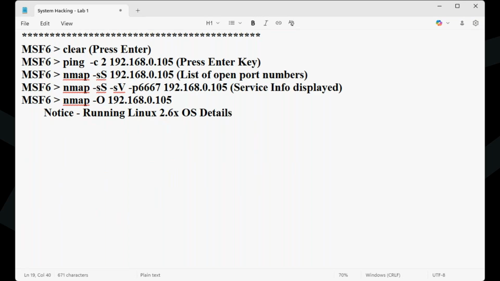This would get operating system details and also the network distance. Next, again MSF6, then in the same prompt you type nmap